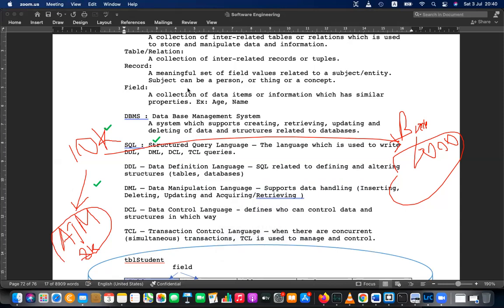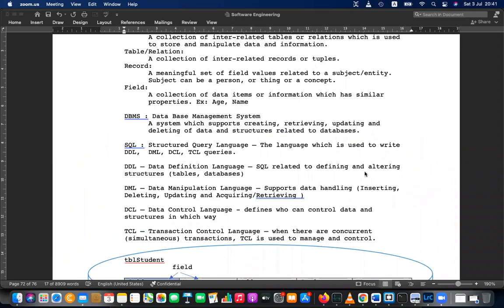Cannot. Yeah, it's not possible. If they withdraw like this, then 8,000 plus 6,000 will be 14,000, where you have 10,000 balance. So the bank will give out 14,000 money. So that should not be allowed simultaneously. So that is where TCL helps. TCL helps to handle this simultaneous or concurrent transaction. It will lock one transaction, then only the other can happen. If this happens first, it will lock this transaction, then only this can happen. And this will also ensure half-way transactions are not there. Half-way transactions are not valid.